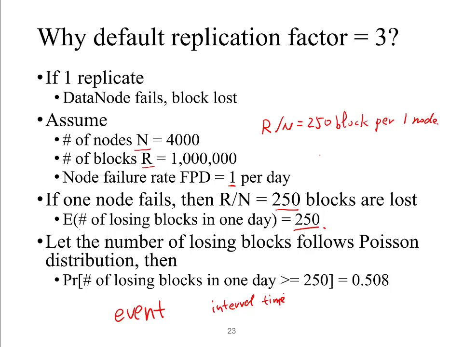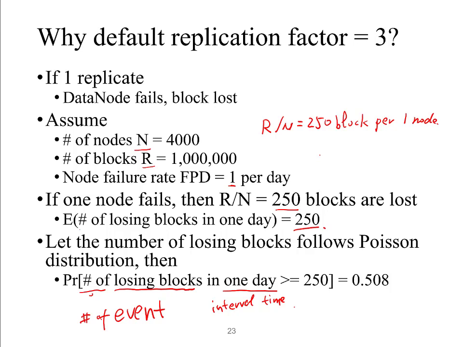For example here, the losing blocks are the events, so the number of losing blocks is the number of events, and one day is the interval of time. So the Poisson distribution actually models this kind of thing,